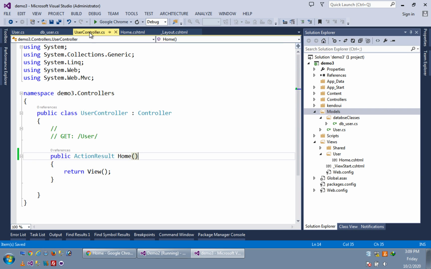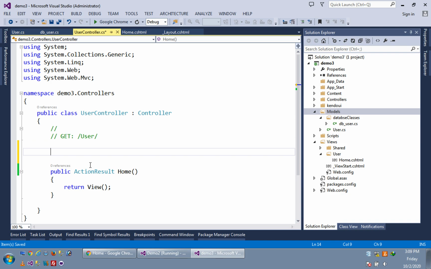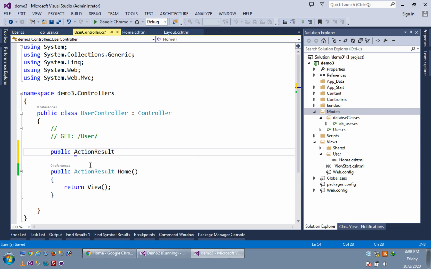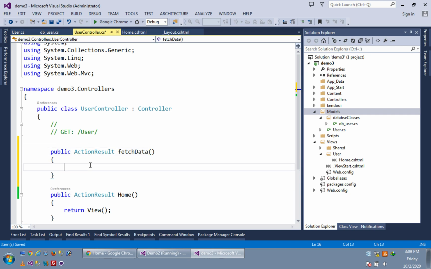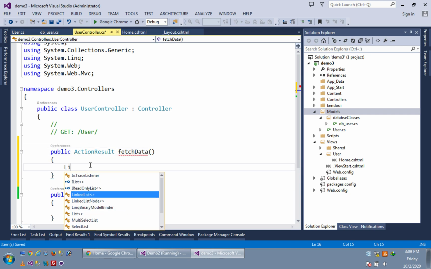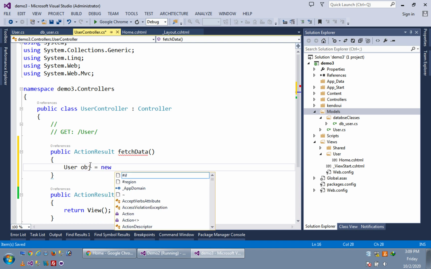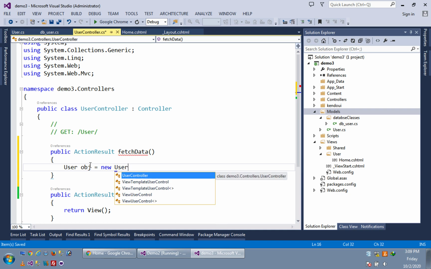Now we are moving to our controller, the home controller. I am creating one more action result method here, that is public ActionResult FetchData. Here I am creating the object of user model, user obj is equal to new User.